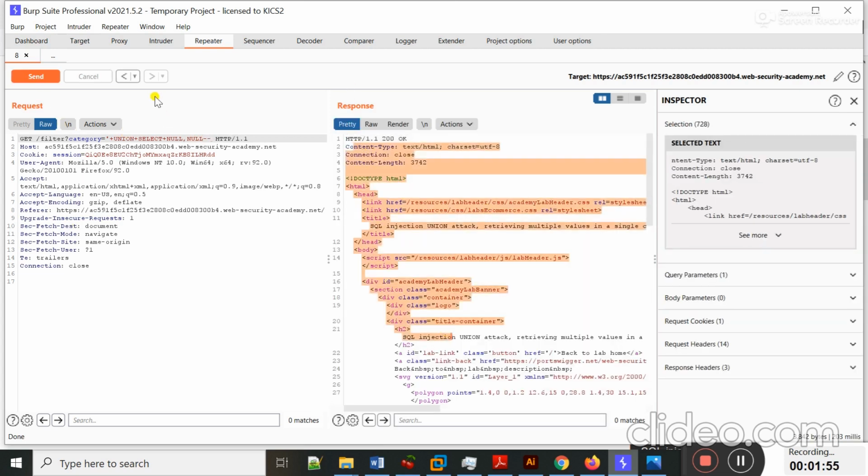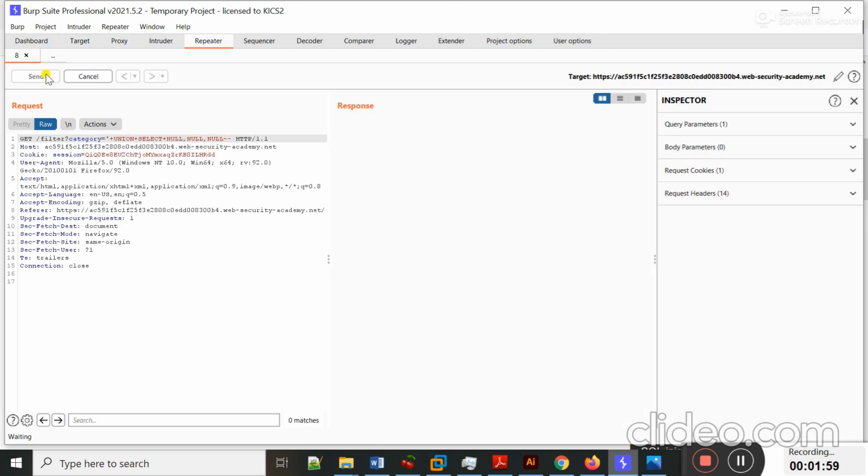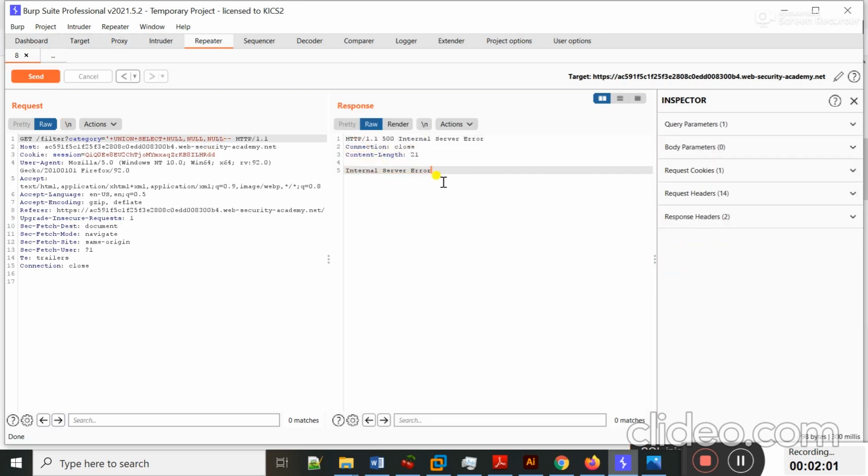It shows me okay. Now if I put another NULL and send my request, an error occurs. It means there are only 2 columns in this table. This is the way you can find the number of columns.